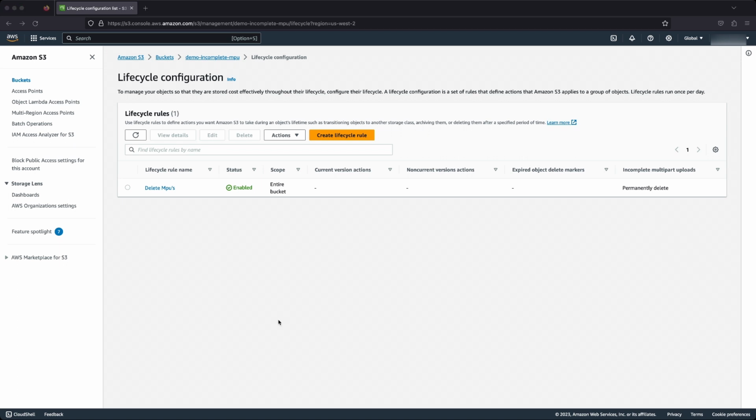It's worth mentioning that you should consider creating a multi-part upload lifecycle rule for all of your S3 buckets. It's also a good idea to test your rule to make sure that it works. You can simulate a failed upload and check back after the period that you've set to ensure the fragments are deleted. This may take you a couple of days, but it's absolutely worth your time to make sure that this multi-part upload lifecycle rule is working as intended.